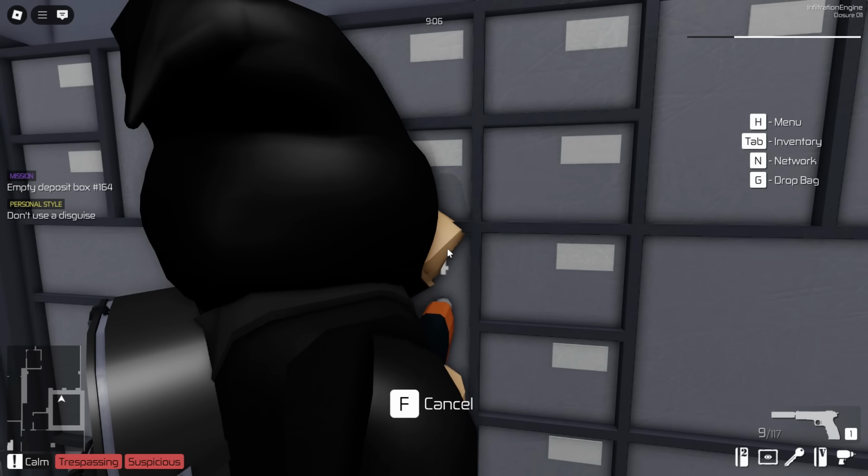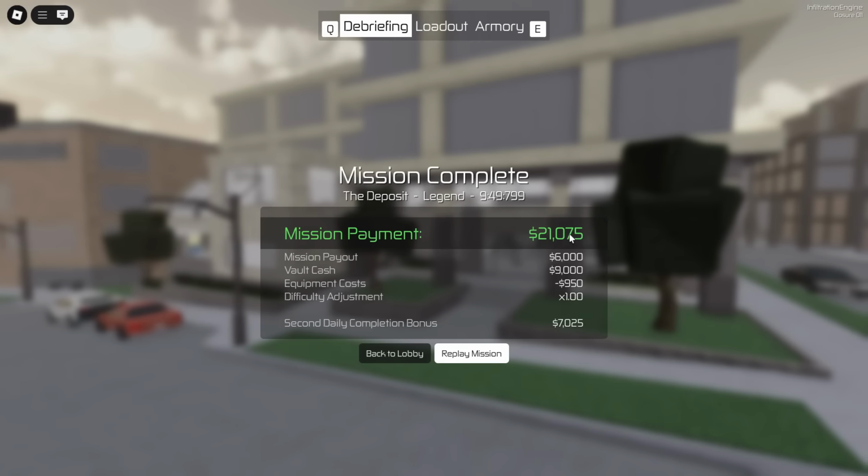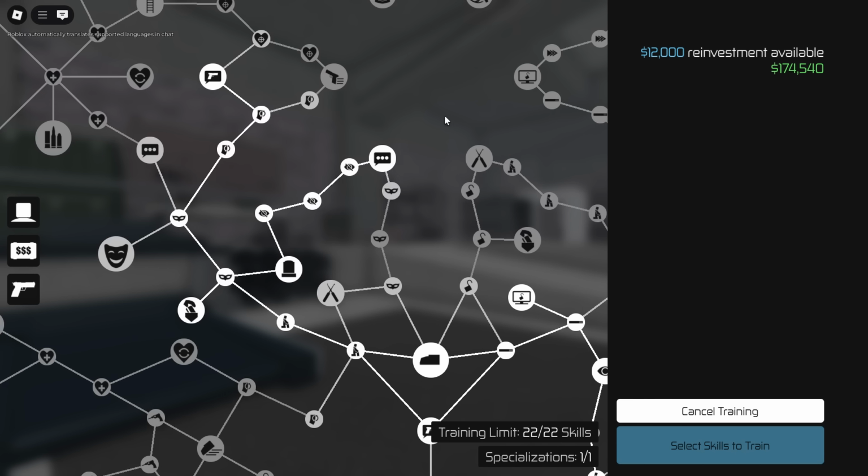In this video, I'm going to be doing the personal style challenge, aka no disguise. Now, this isn't exactly a guide, but I'm just going to show you guys what I did and walk you through the process. This is a skill tree I used, which to be honest, I don't think is completely optimal,